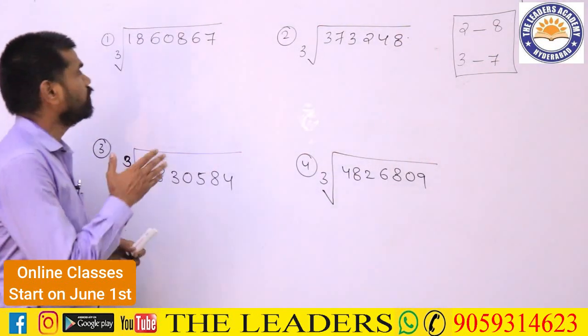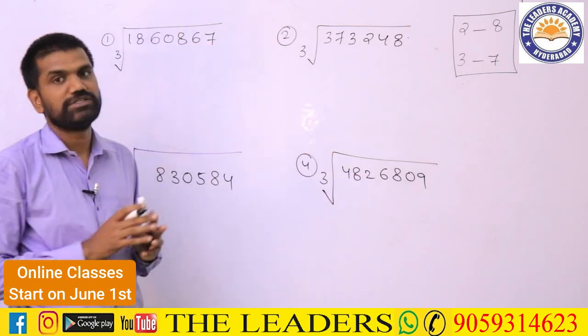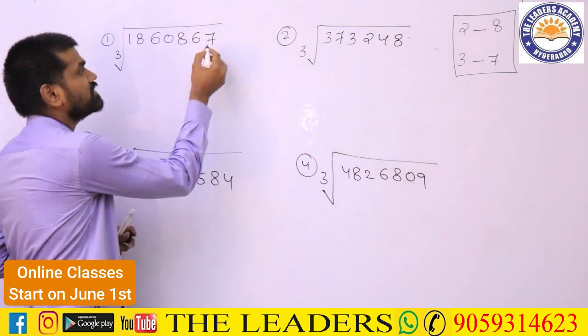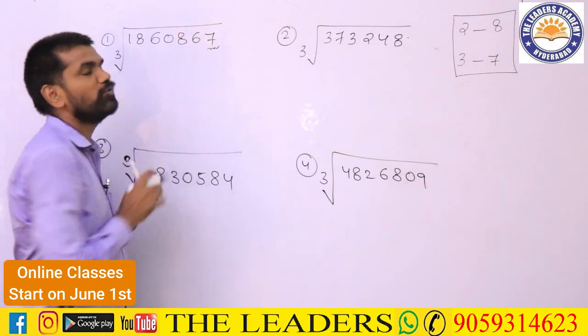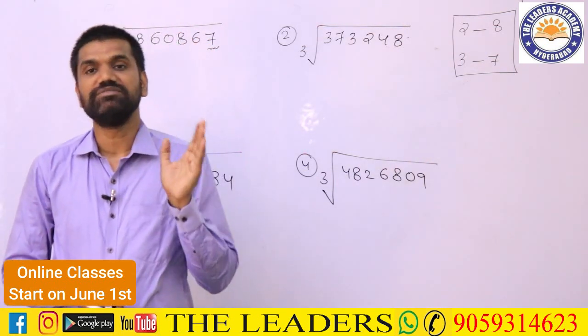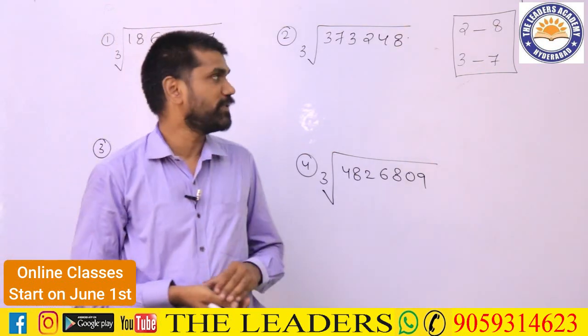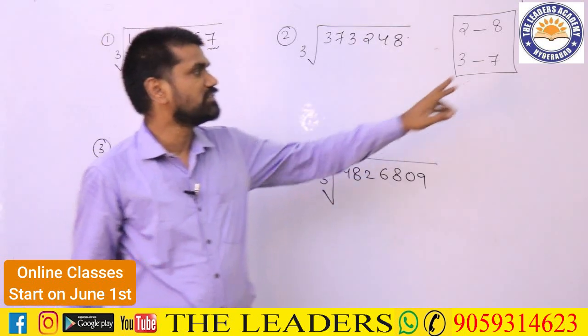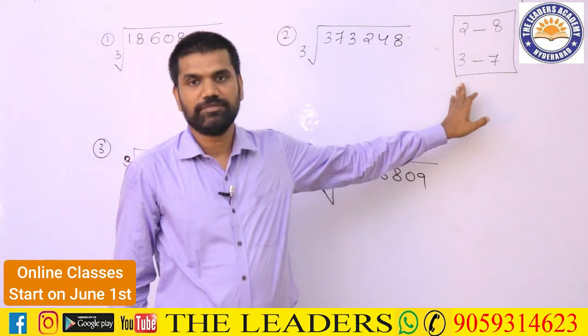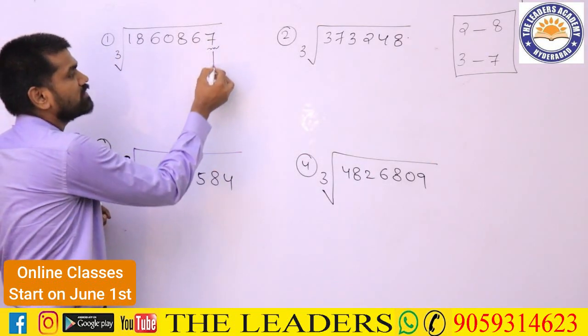Now, if you look at this particular number here, this is a perfect cube that I have taken into consideration, and it is ending with 7. So to find the cube root of this number, the first thing you have to understand is, if the cube of a number is ending with 7, what does its cube root end with? As I have already explained, if the cube of a number is ending with 7, its cube root will end with 3. So I can now say that the cube root of this number ends with 3.